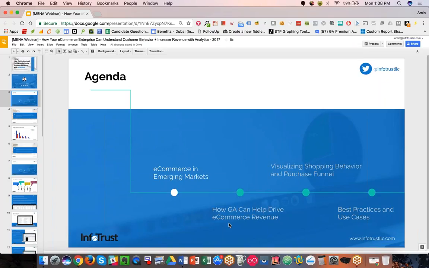Also, I'll be showing some screenshots from other clients without showing their names or their product names or anything that's personal, just to show you what the concept data could look like if you don't have it set up, or if you do, how you can actually analyze and use your data to drive revenue. Talk a little bit about visualizing shopping behavior in the purchase funnel and how that can be useful, and then close with some best practices, use cases, and maybe how to get started so you guys can get a jump start on the topic.